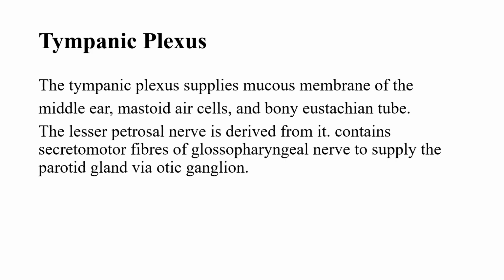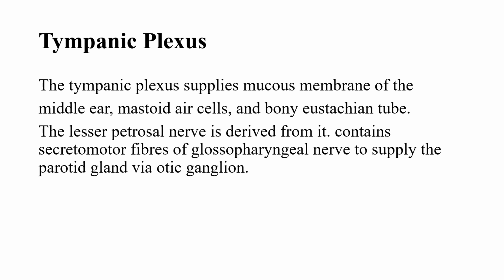So coming to the next point, the tympanic plexus. This tympanic plexus gives certain branches like the tympanic branch of the glossopharyngeal nerve, which we saw already, Jacobson's nerve. Then the superior and inferior caroticotympanic nerves, which we saw. And a branch from the facial ganglion, which is called the geniculate ganglion. Where is this plexus present? We have seen already that it is present in the medial wall of the middle ear.